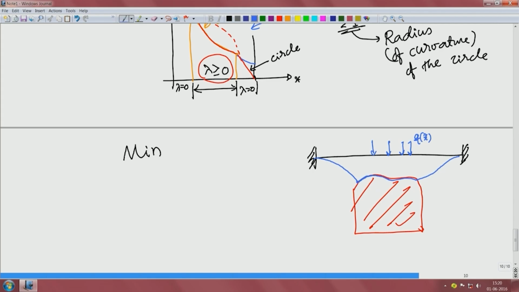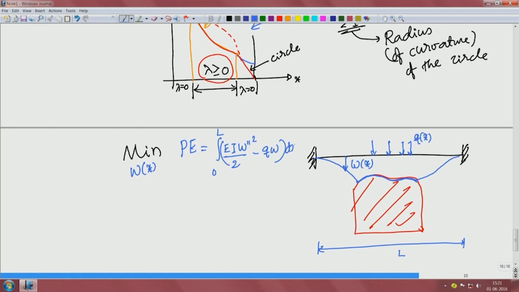So that can be posed here. Minimize the potential energy of the beam. Here W of x is the transverse displacement everywhere. Minimize the potential energy from 0 to L, where L is the length of the beam, of E times the second moment of area times W double prime squared, minus 2 Q times W. This is the total potential energy of the beam which I had also mentioned earlier, subject to